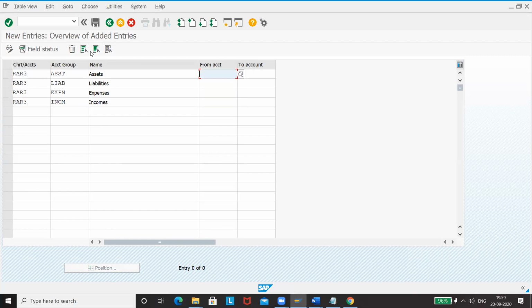You have to give number ranges. Means if we are creating any GL accounts of asset, we will have to use these numbers only. We will usually be taking from 1 to 1 lakh.